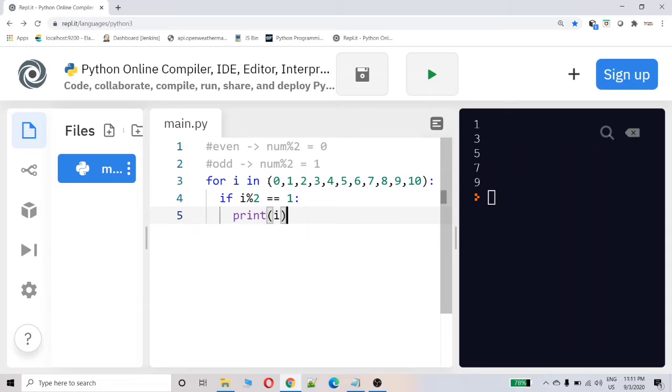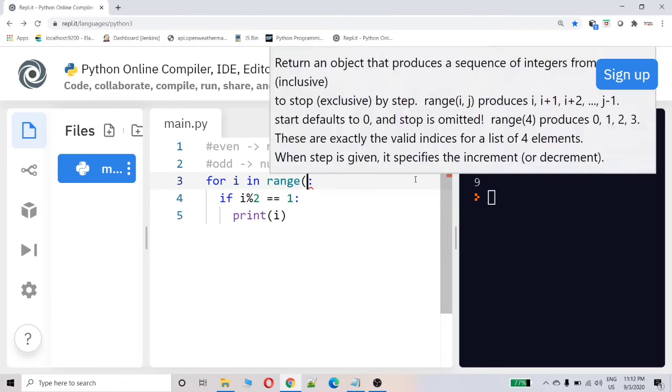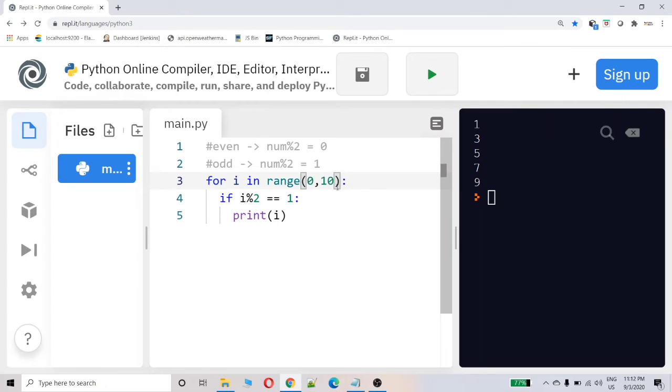Okay, but actually you don't need to write like this. You don't need to write all the numbers in an array like this. What is the case if the interviewer asks you to write a program to print the numbers from 1 to 100? That time you don't need to specify like this. What you can do is you can just make use of the range function. From 0 to 10, it prints the same thing.